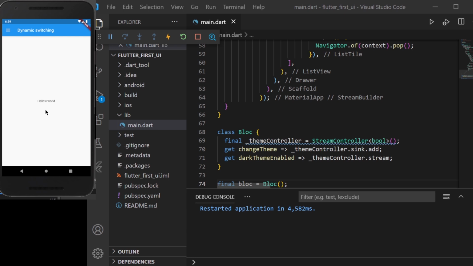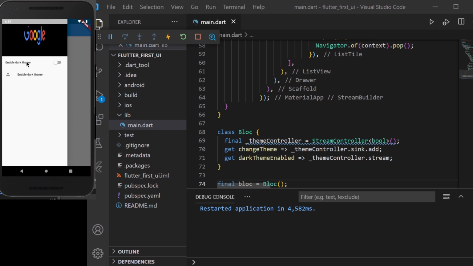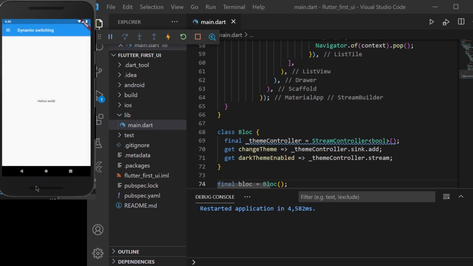Now you can see that it has displayed the name in the center, and we have a menu button on the top. You can also see that an image is displaying as I coded for, and a list tile is also appearing with a text and an icon and a switch button. So when I am clicking on this switch button, it is triggering the state or the theme, changing the theme of the app from dark to light and light to dark according to whatever the theme which we have specified.